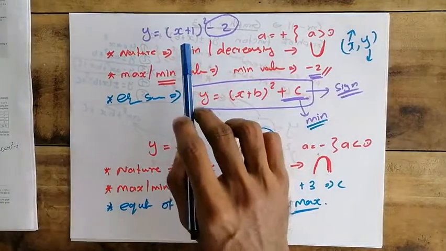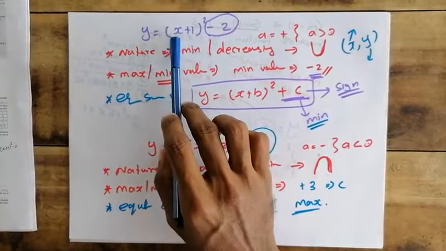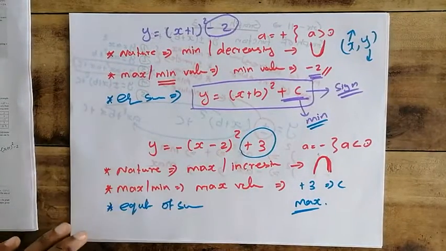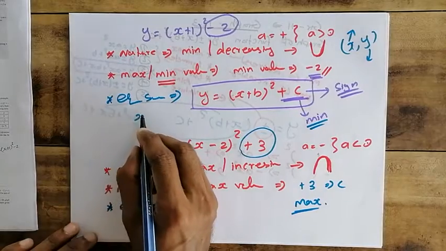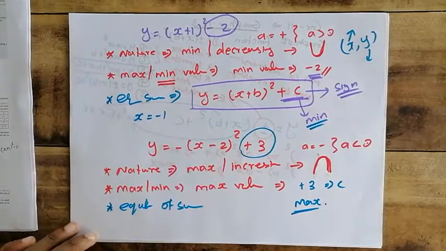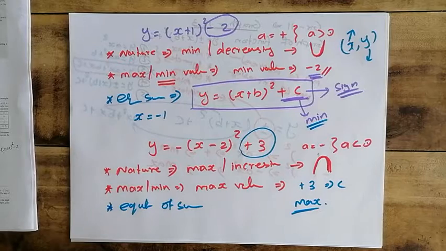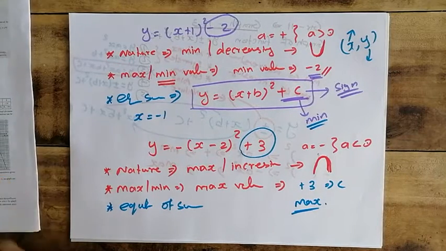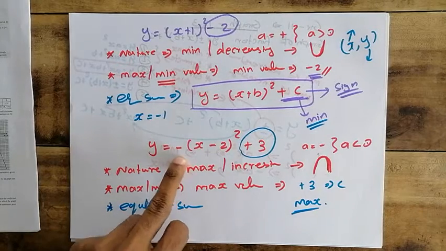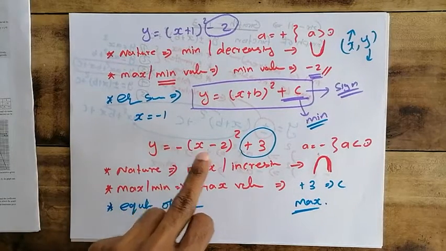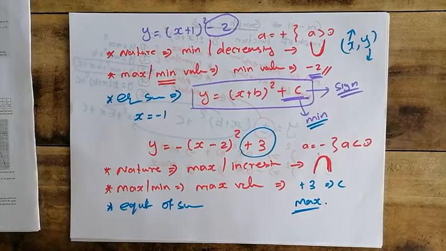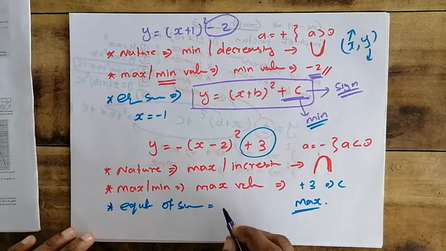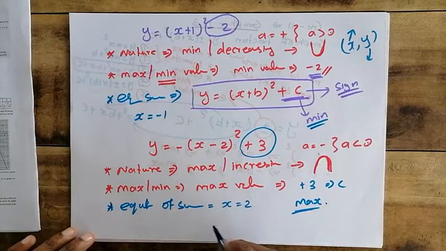It is the symmetry axis. So let's check the symmetry axis of this graph, (x plus 1) all squared minus 2. So what is the equation? They already drew the symmetry axis. So the symmetry axis is x equals minus 1, because the turning point is minus 1. Okay, check the second graph: y equals minus (x minus 2) all squared plus 3. What is the equation of the axis of symmetry? It is x equals 2.